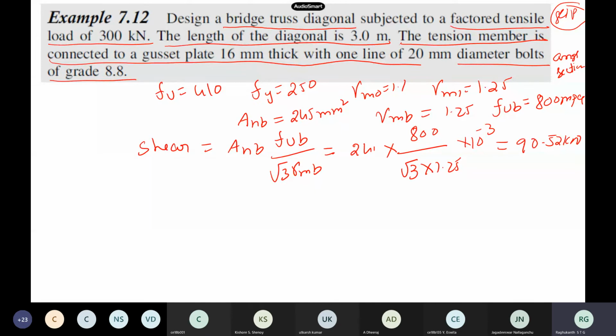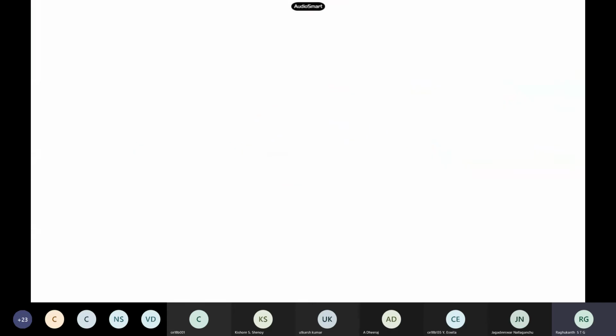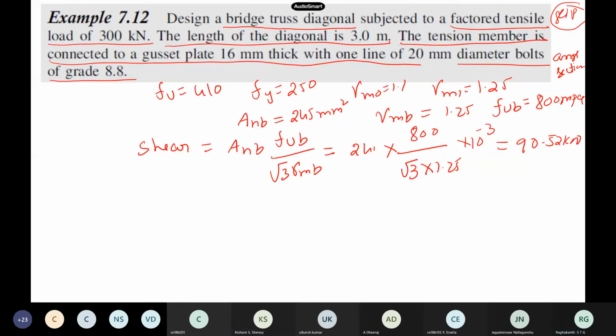Now whenever you are having this type of HSFG bolts, the problem is bearing strength also you have to calculate. Ordinary bolts, it is easy, shear will be dominating, but here bearing will be the problem. But if you want to calculate bearing strength, what is it that you require? KB. You require KB. If you want to calculate it, you have to find out edge distance, end distance, because that KB is a problem for us.